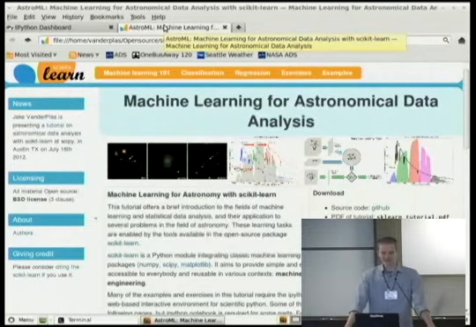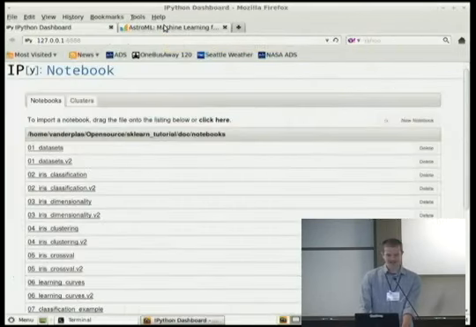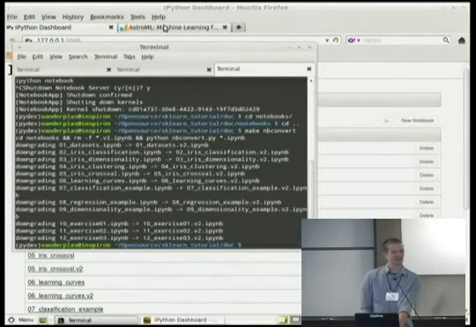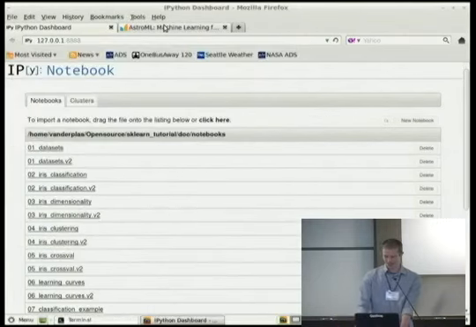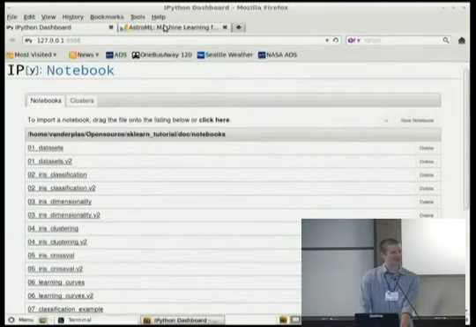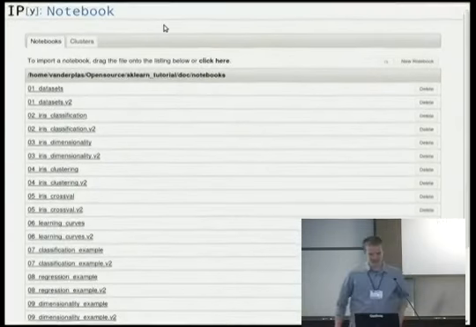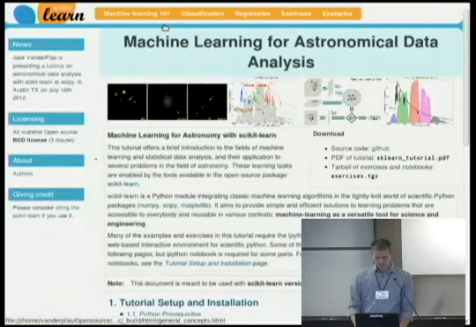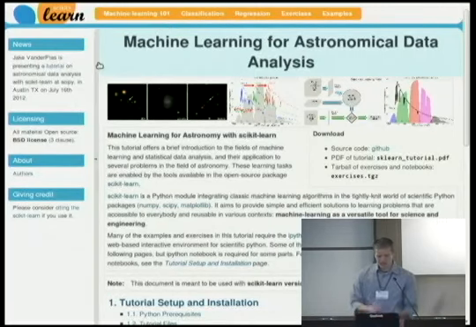Okay, so why don't we get started? The way I'm going to work is I'm going to have this web page up in one tab. I'm going to have the notebooks up in another tab, and then I'm also going to have my terminal that I'll come to occasionally, but we probably won't have to use the terminal very much throughout today. So if you can get your tabs set up so you have the web page here and the notebook, that would be great. And I'm going to make it full screen here. Okay, so